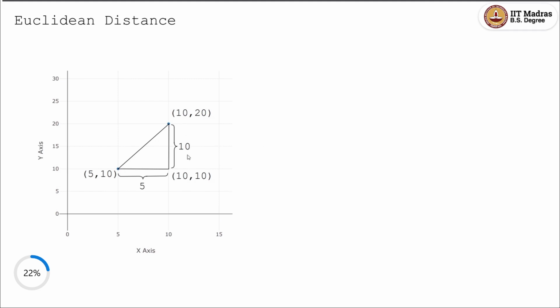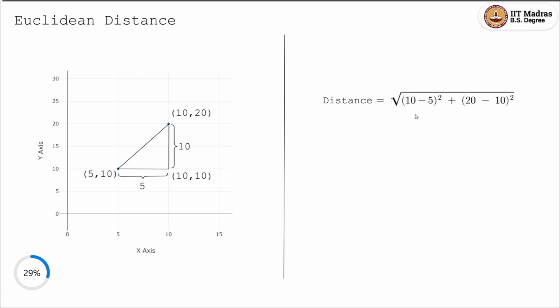So if we calculate the length of these two sides, this can be calculated as 10 minus 5, which is 5, and 20 minus 10, which is 10. Now the hypotenuse is given by the root of (10 minus 5) the whole square, which is this value, plus (20 minus 10) the whole square, which is this value. So in this example, the length of this particular side happens to be 11.18, which is nothing but the distance